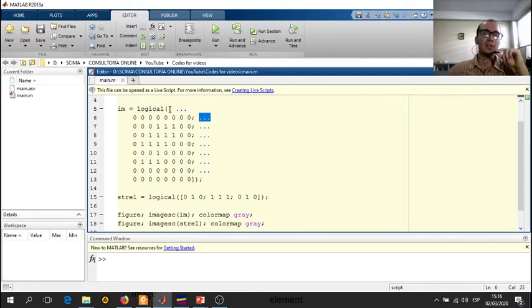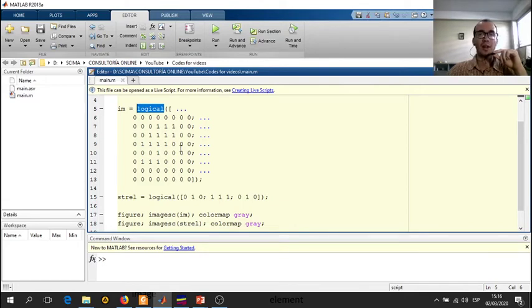And it's very important, crucial to keep in mind that we need to convert this value to logical. Why are we using logical? Because otherwise Matlab will take these values as double values, and we don't want that. We want to ensure that we are going to use logical values for our operation,